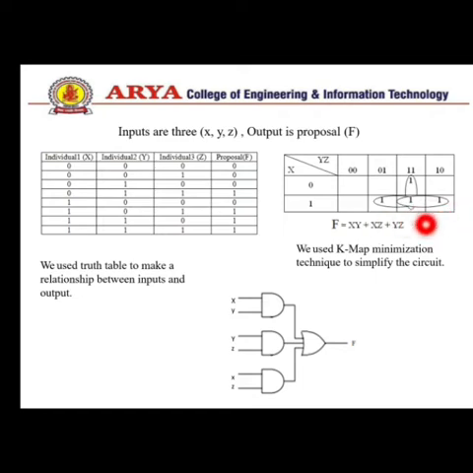After that we group this K map. So in this diagram we can see that we can draw only pairs. There are 3 pairs in this K map. The first pair is xy, the second pair is yz, and the third pair is xz. So the complete Boolean expression is f equals xy plus xz plus yz.